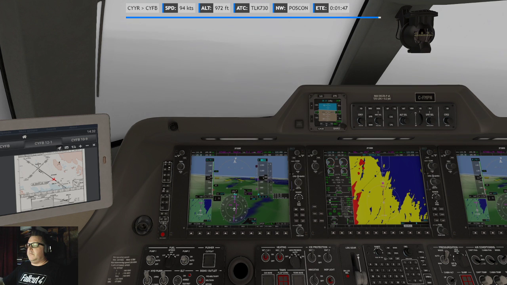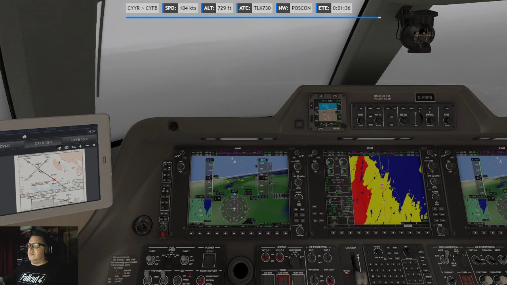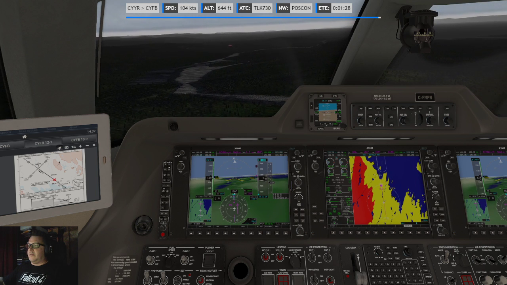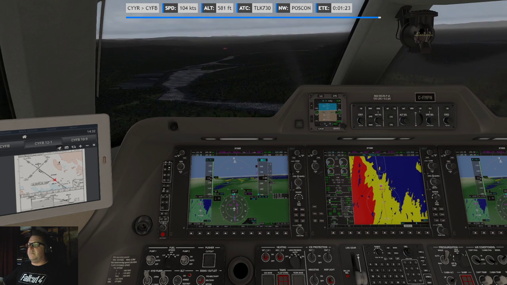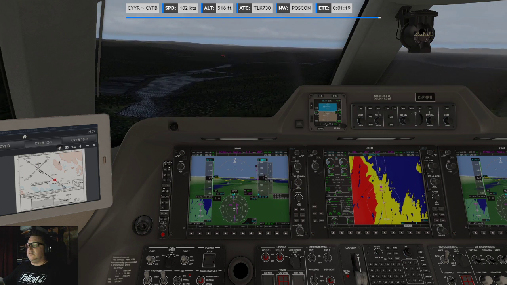I can barely see it. It's right over there. I can see it a bit on the... oh! I could see it on the, yeah, checks. 400.